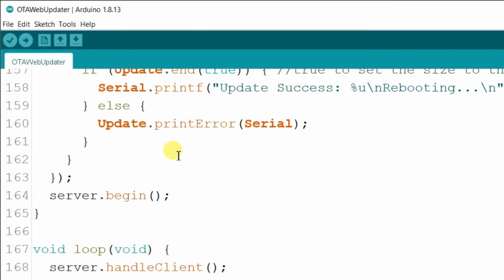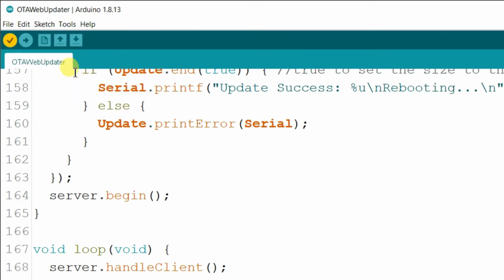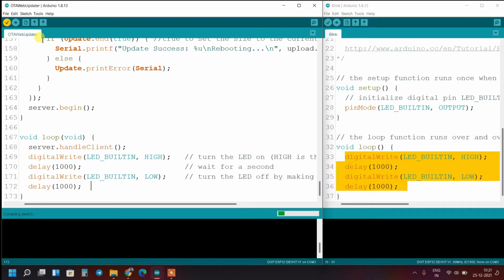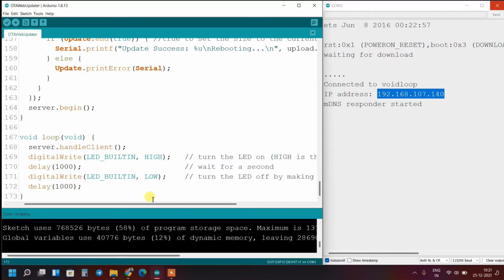Okay, and go to sketch, export compiled binary. Okay, click here and close this. Okay, it is compiling and it will generate binary file. Okay, done compiling.